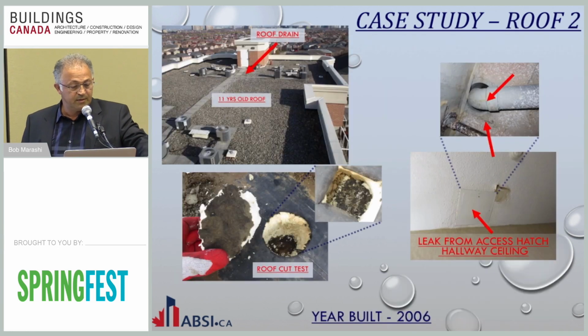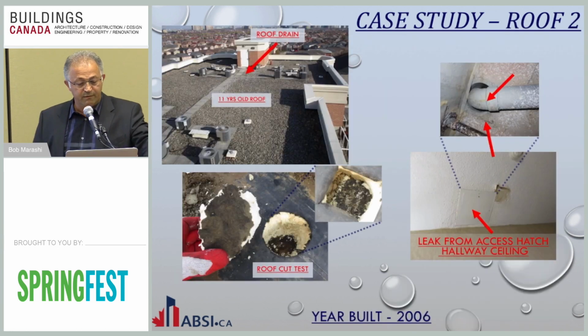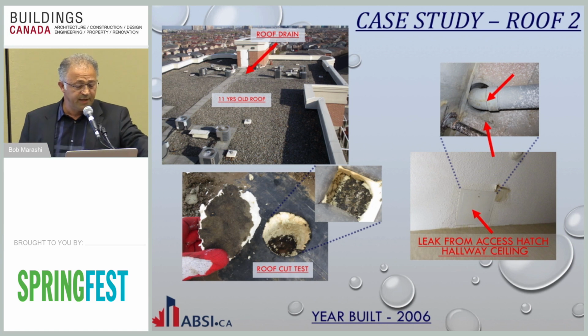Another example of not taking care of your roof, or if it's built unfortunately wrong, is a roof that we just encountered not long ago. The roof is only 11 years old. The building was built in 2006. And we were called upon for one single roof leak at a drain in the hallway upstairs on the top floor. We opened the hatch